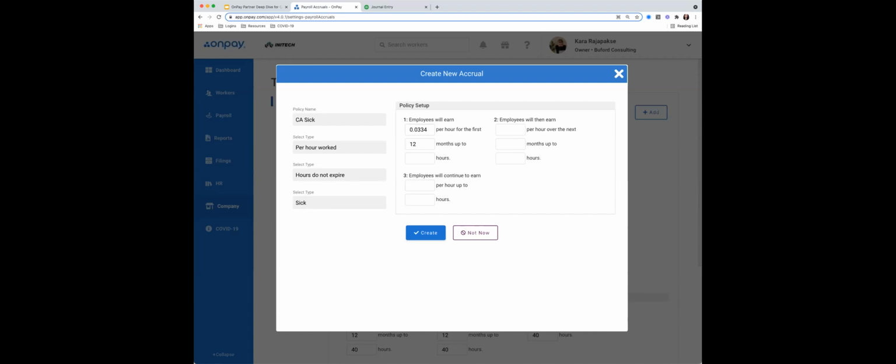I do want to kind of distinguish this part. OnPay doesn't have a specific carryover balance designation. So by that, I mean, if they earn more than 48 hours, I'm not able to tell OnPay, I only want 48 hours to carry over. But what you can do is you can set a balance cap so that at any given time, that employee cannot go over 48 hours and then the hours do not expire. So it will make sure to carry over. So Jessica, please feel free to add if you need to clarify what I just mentioned there, but that's just how you would want to program it into OnPay.